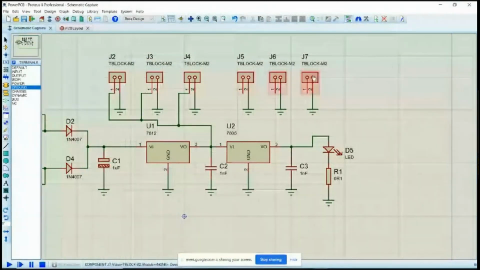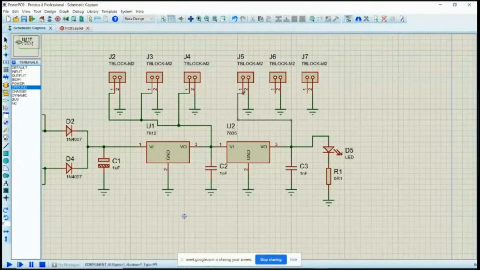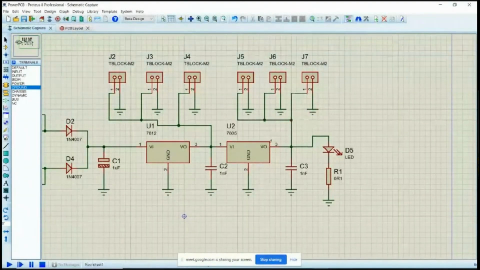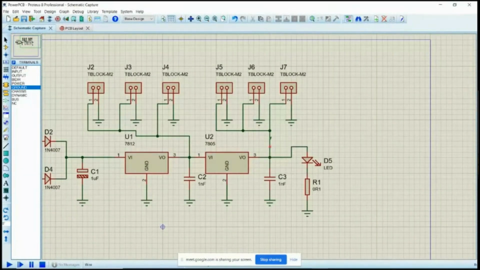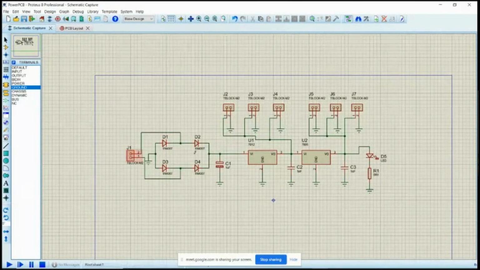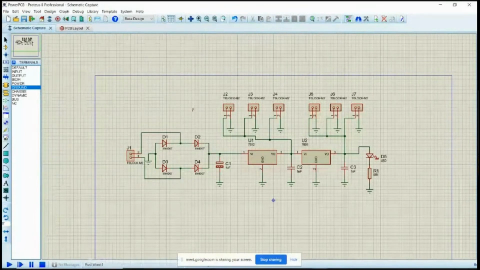This 5 volt terminal, similarly, I need 3 of them. We can give more than 3 also, but in this case, I'm just limiting myself. So that gives you the power of connecting any external peripheral devices. So I take the 5 volt output and give 3 5 volt outputs, and for 12 volt, we have 3 12 volt outputs. So I connect the secondary of the transformer and I take 12 volt output here, 3 of them, and 5 volt output, 3 of them. So that is how my final output should look, and this is my schematic diagram.